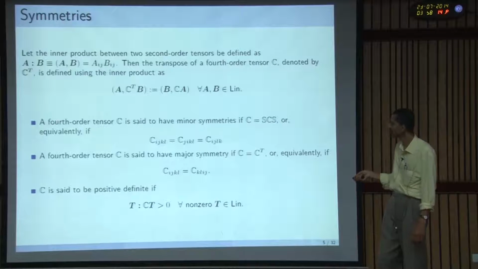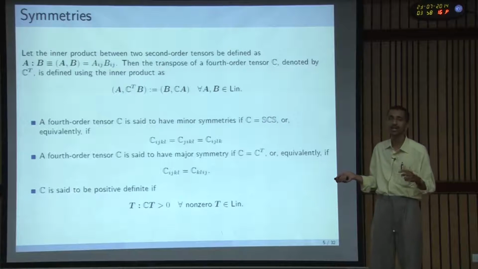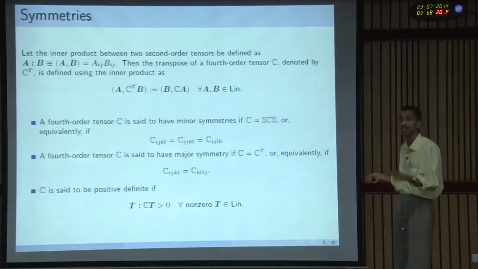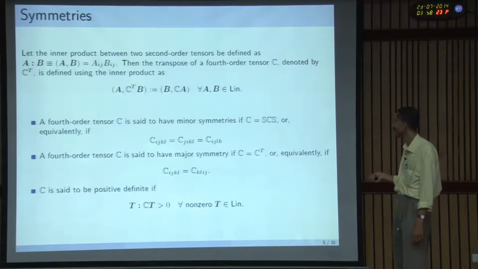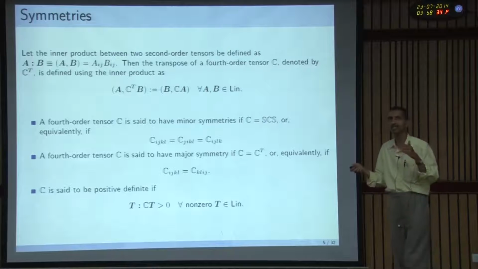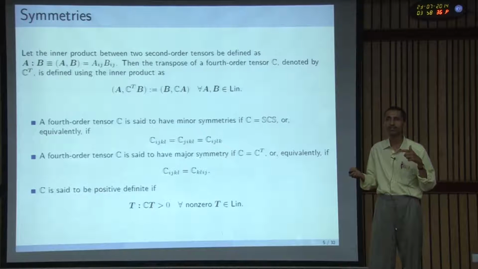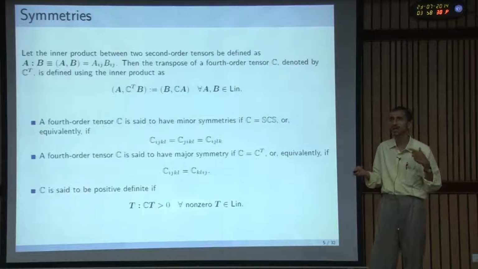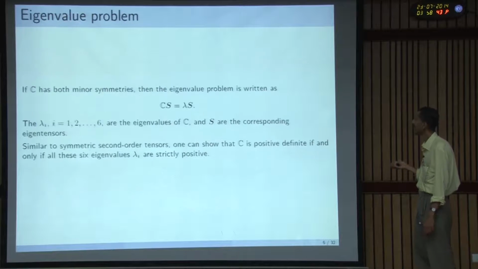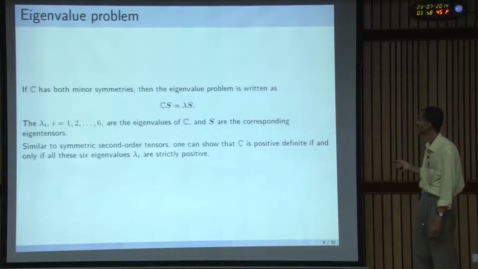The positive definiteness is also defined in a similar way as for second order tensors. In the case of a second order tensor, you would have a vector here and a vector here. Now because this is a fourth order tensor, you have a second order tensor here, a second order tensor here, and a fourth order tensor here. Basically these are generalizations of notions for second order tensors, and you are generalizing them now to the fourth order case. We'll need all this, that's the reason I am defining all of this.